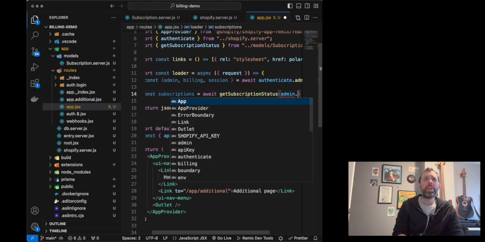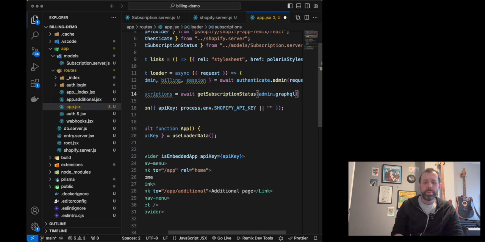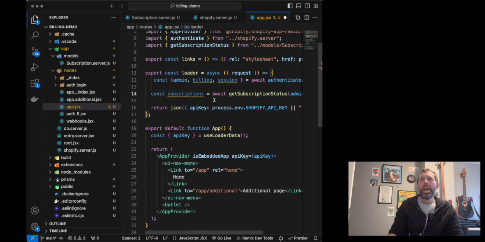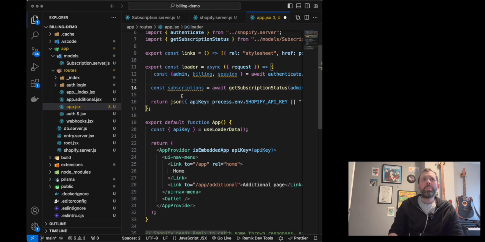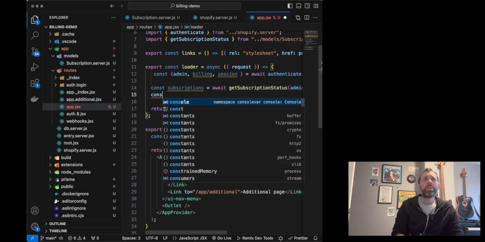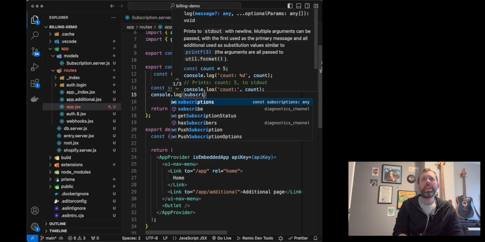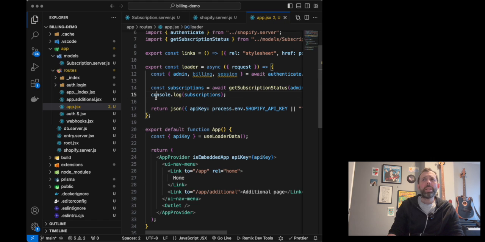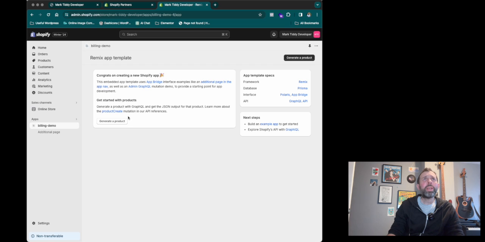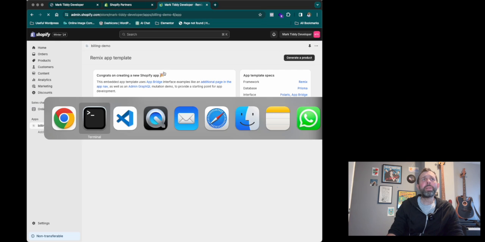So we're going to say admin.graphql. We can just pass that in nicely like that, and that will grab subscriptions. I'm just going to console log subscriptions and save that for now, and we'll come back to setting our billing up in a minute, but let's just see what we get. If we refresh this page and go back to our terminal,